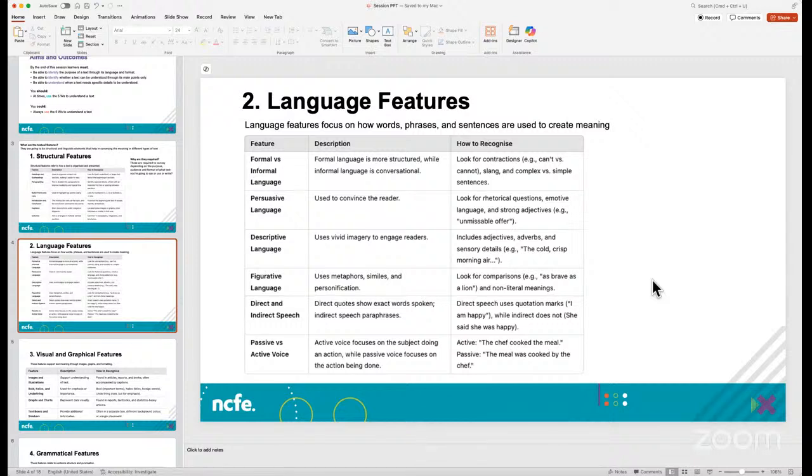And in such cases, there would be usages of active and passive voice. So these are all language features. When you read an article, a newsletter, a newspaper article, when you get a letter at home, or for example, you have an email, you'd be able to find out how this has